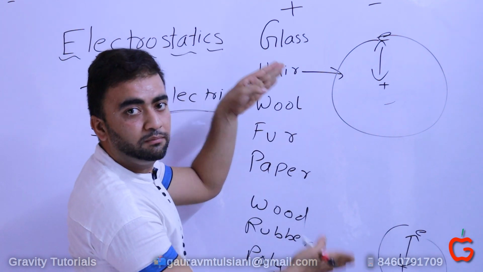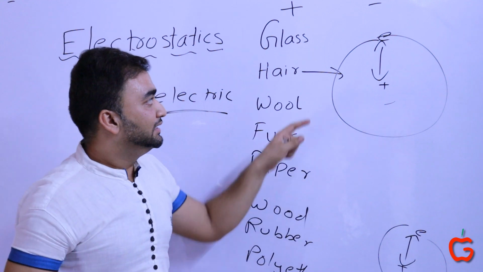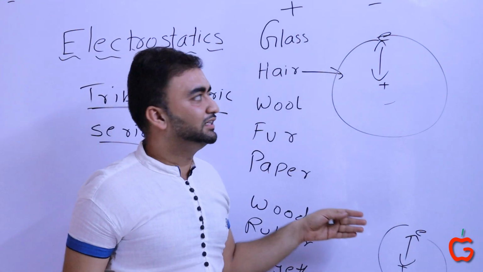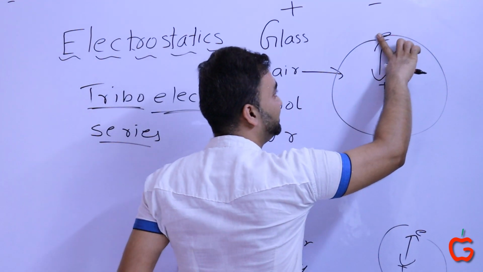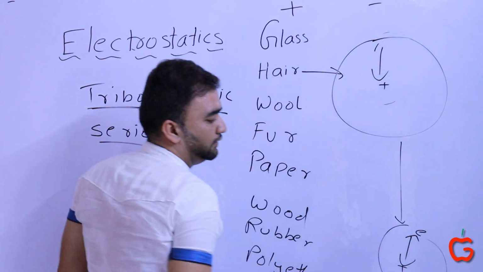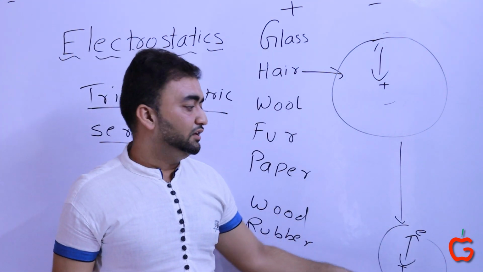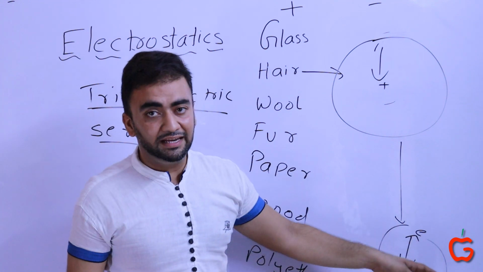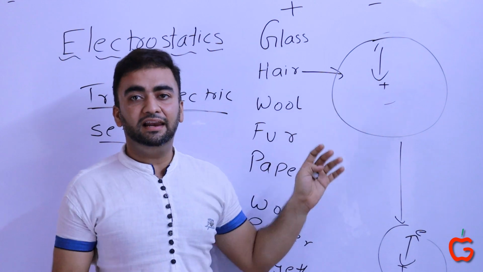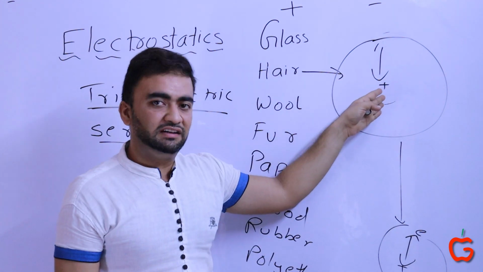So when these both are brought close enough, when they are rubbed, when there is friction between them, the electron of hair comes in the zone of electron of polythene, and polythene strips away this electron and has an excess electron. Therefore, polythene becomes negatively charged. It has excess electrons, and because hair let go its electron, it becomes positively charged.